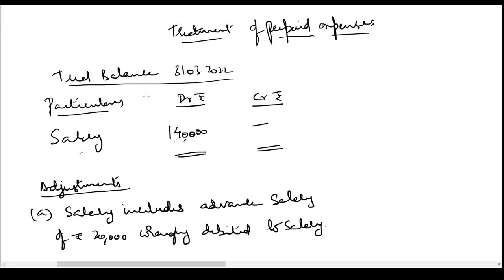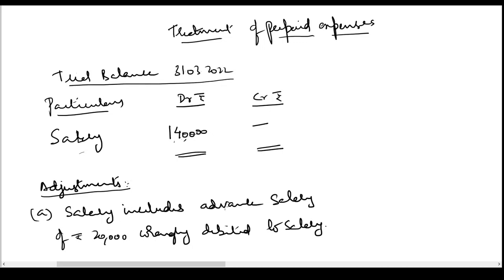Hi friends, in this video we'll learn the treatment of prepaid expenses in a final accounts problem. You are given a trial balance here. Trial balance on 31st March 22 is given. Particulars: debit rupees, credit rupees, salary 1,40,000. Adjustments: